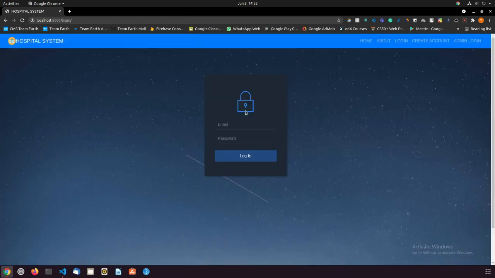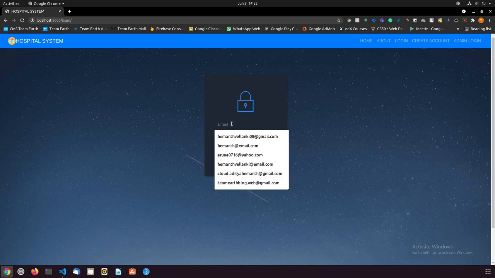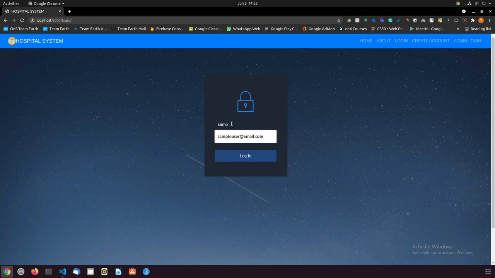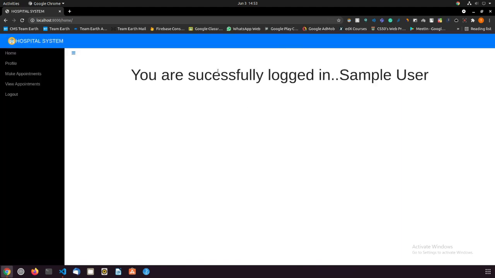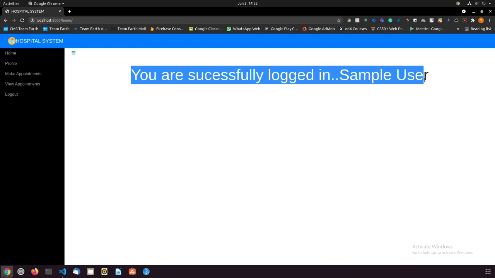Okay, we have to click on OK, and then it takes us to the login page, and you have to enter the details you created the account with. I created the account with sampleiuser@email.com, and I have to give the password of it, and then I log in with it. It says logged in successfully. Click on OK, and then later it will show you are successfully logged in sample user.